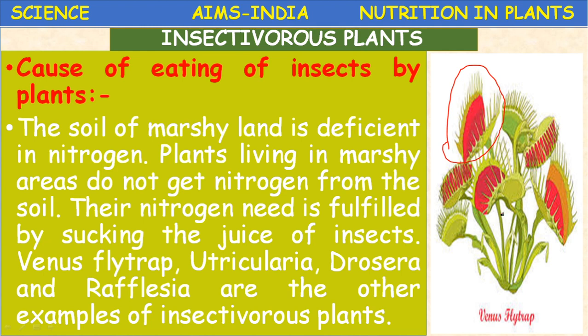part time. Okay. Once again, these plants will synthesize their food materials by autotrophic nutrition, but to fulfill the nitrogen requirement they feed on insects. What are the examples? Pitcher plant or Nepenthes, Venus flytrap, Utricularia, Drosera. Okay. And another, Dionaea. Some common names and the scientific names are present. Okay. Right.